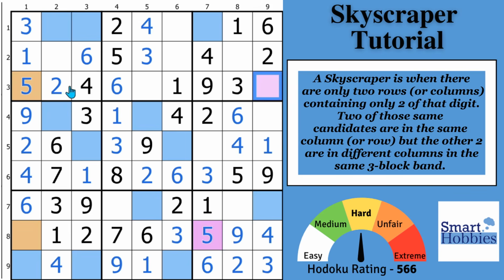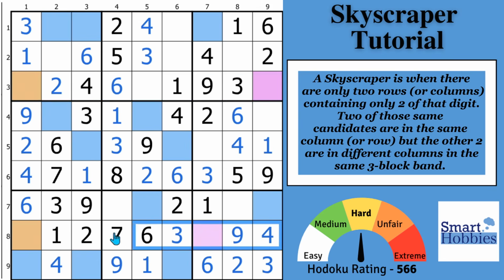So either a 5 has got to be one of these conjugate pairs. It's either right here. If it's not there, you'll see that a 5 has to be in the other pink cell. So this is the basis of our skyscraper. So the definition is a skyscraper is when there's only 2 rows